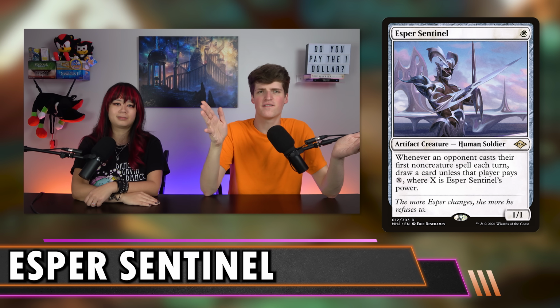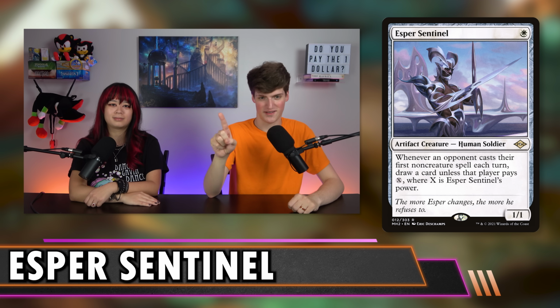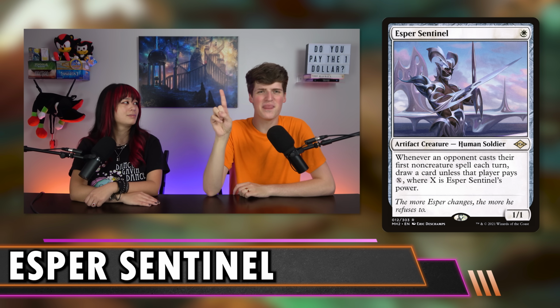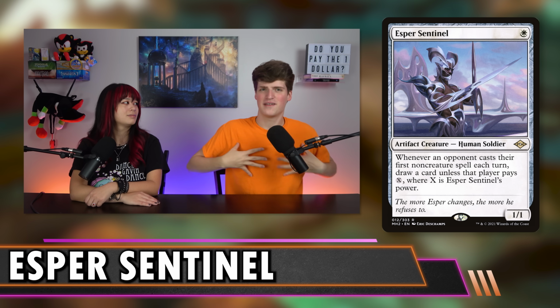Yeah, it is only once per turn, but that is very much offset by the fact that everyone's going to do it. Now, here's one of the things that happened actually pretty recently that sold me on this card, because obviously it's a 30 plus. This is never going to be a cheap card. It's always going to be very strong, and it's always going to be worth at least 30 in my eyes. But what sold me on the 50 range, so we were playing a higher power game, and it was